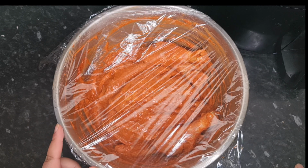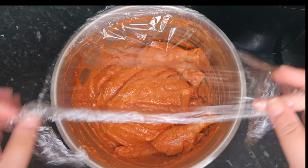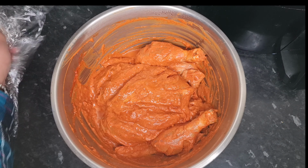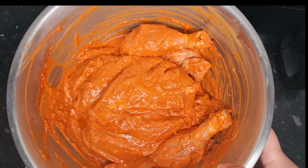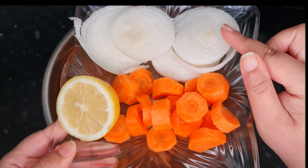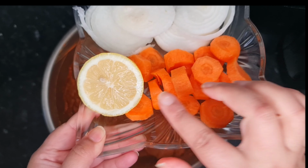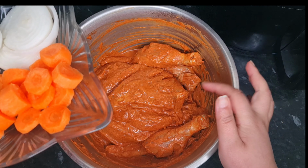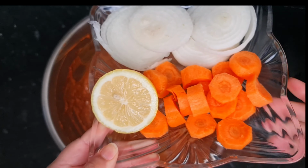That's done. So it's been marinating overnight, and we're now ready to air fry this. So if you just lift the cover, as you can see it's nicely marinated. What I'm going to do is I've just cut some onions, just 1 small onion and just 1 carrot which I've just chopped, and lemon, and we're going to put this inside the chicken just to give it extra flavour there. So I'm going to go ahead and do